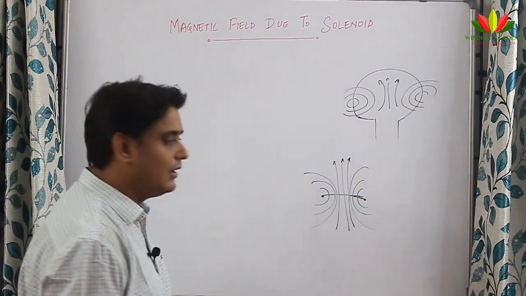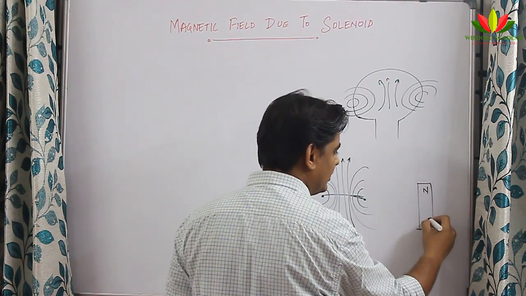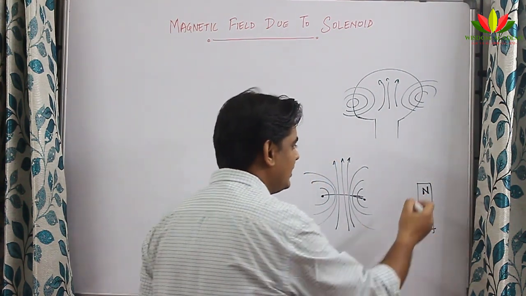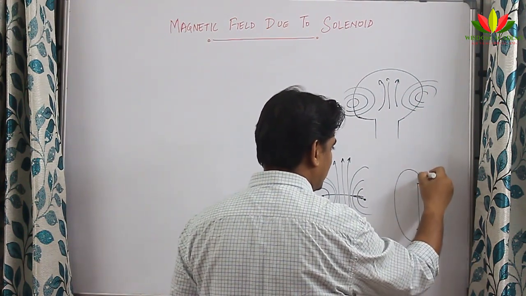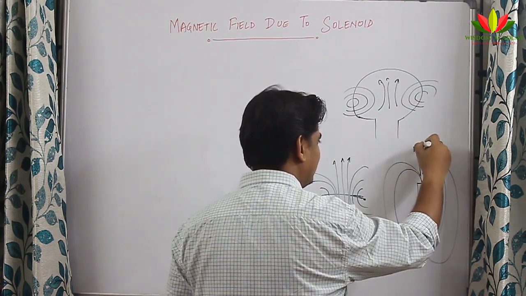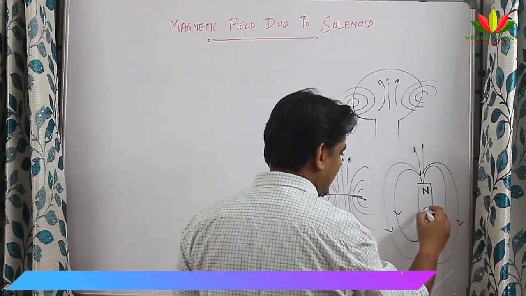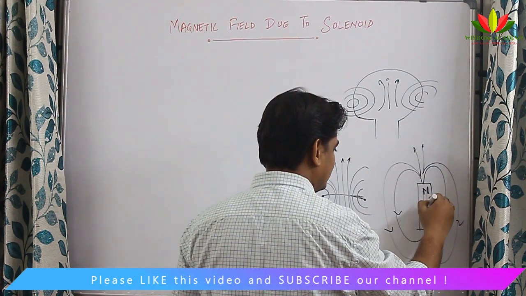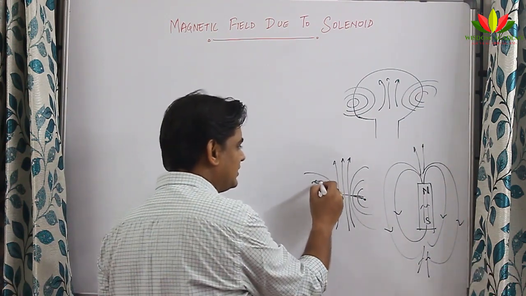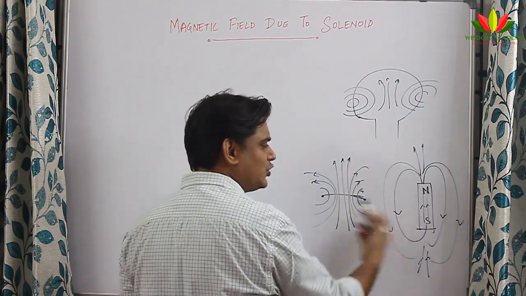Now this is very comparable with a magnetic field produced by a bar magnet. You remember I told in the previous session about magnetic field produced by a bar magnet and how the shape of the field lines will be: start from north and terminate in south, like this, and it is parallel here like this, and inside it is going from south to north. So can you see these two things are very comparable? This was anti-clockwise, this was clockwise. It's very comparable to this. Don't you think these two are comparable?